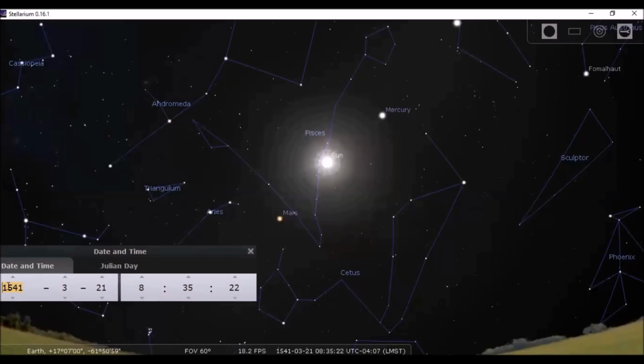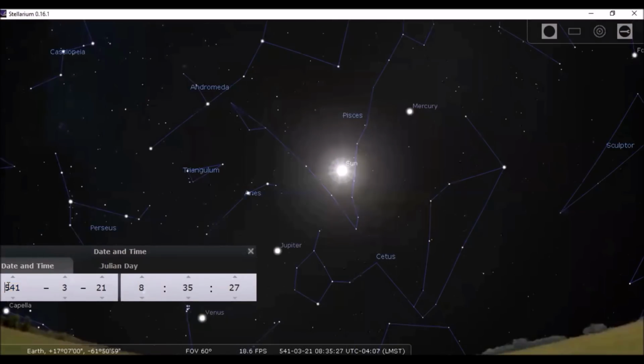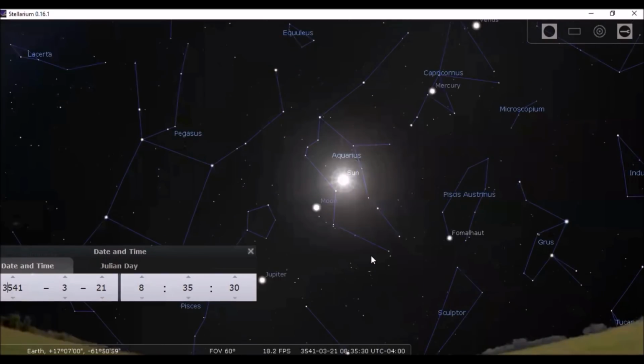That is why 2,000 years after 1541, we're at 1541 now, but it's basically the same. 2,000 years after that, on the 21st day of March, the Aquarius constellation is now on the celestial equator of the heavens, obviously, and the sun at this time, on this day, is on the celestial equator of the heavens as well, and moving across the terrestrial equator, which is that on planet Earth. So it is the zodiac belt that is shifting to fit the mechanics of the movement of the heavens.